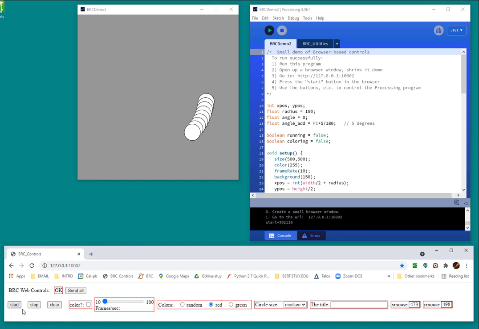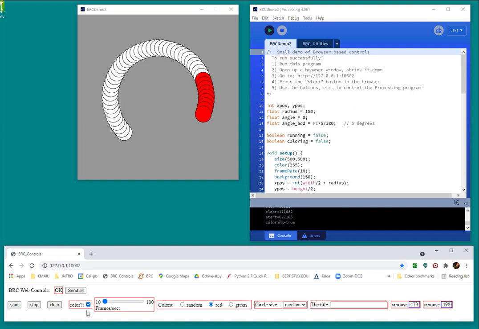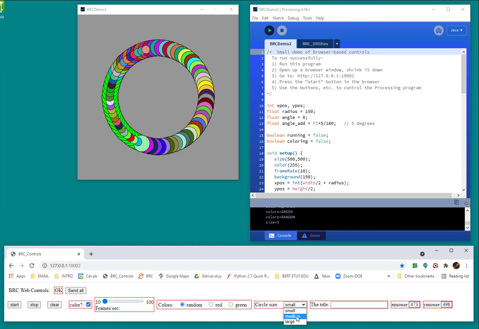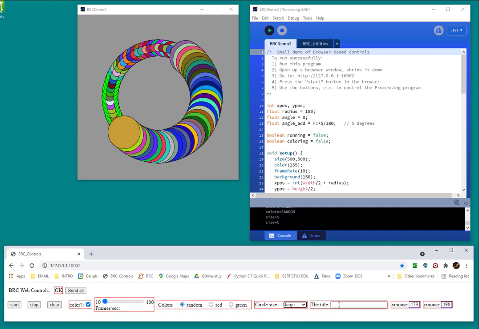Let's start the animation. We can stop the animation, and we can clear the animation. We can start it up again. Here's a checkbox, and when we turn it on, we go into color. Here's a radio button group, and we can choose green and rainbow. We can also change with a drop down. We can change to a small size circle, and we can change to a large size circle,